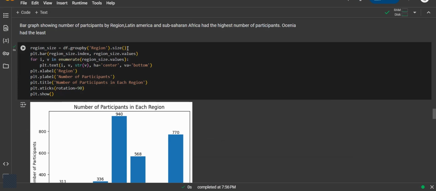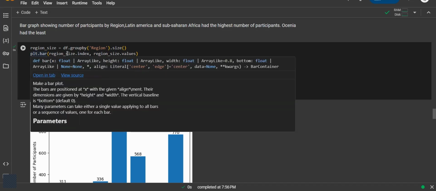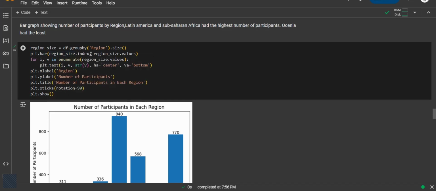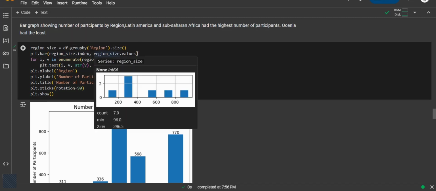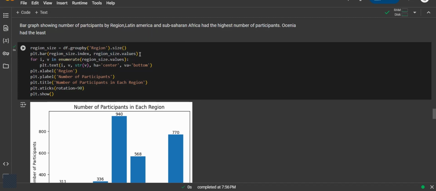Because it's almost like counts, something like value counts. So plt.bar, I want a bar graph where region size.index is the x, it's going to be on the x-axis,